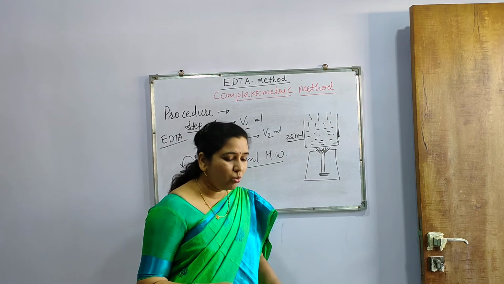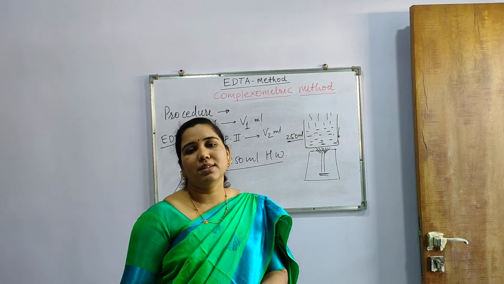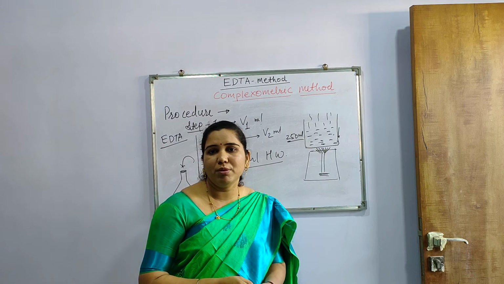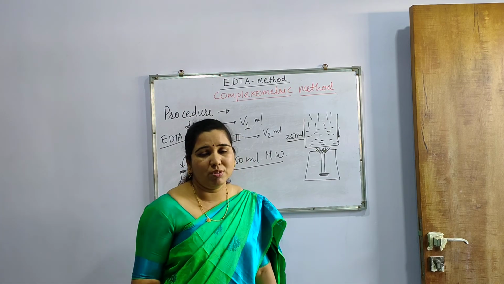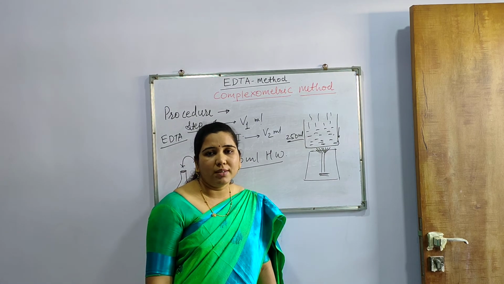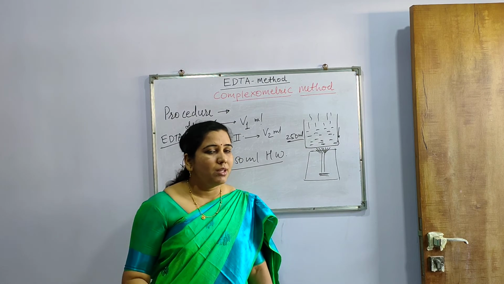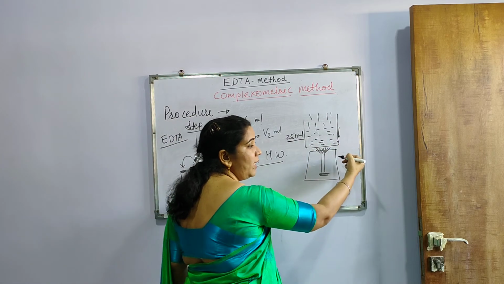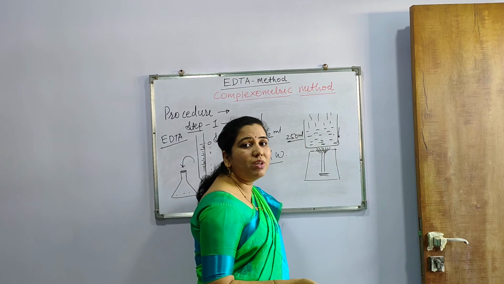So when it minimizes up to 50 ml, then we have to carry out its filtration, because we know that hardness, whenever present in water as suspended impurities, or we can say inorganic type of impurities, is not visible. But when the boiling process is carried out, it becomes visible and comes into the solid state. All bicarbonates are converted into the carbonates which are visible. So we have to carry out its filtration. Before filtration, just cool it. Don't use the hot solution directly. So cool it and carry out its filtration.